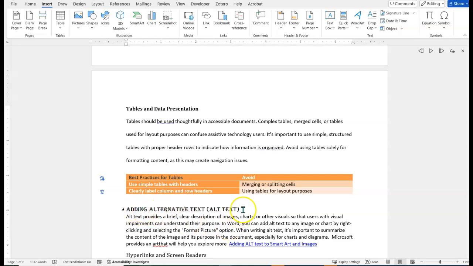Design also includes the fonts that you use. We'll talk a little bit more outside of the video about which fonts are generally preferred, but decorative fonts, please use them only for headers. What you really want is a sans serif font. That means a font that doesn't have the little feet on it, as they are much easier for people to read, especially for people who have dyslexia, but also as we age and our eyes change, it helps with those as well. So you want to use consistent fonts, sans serif if possible,